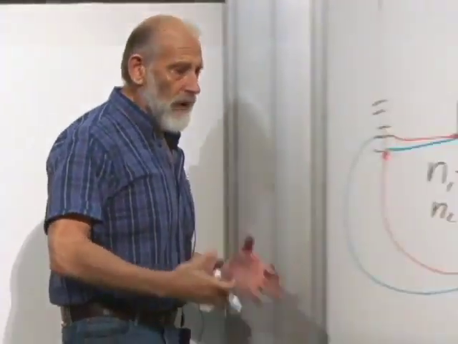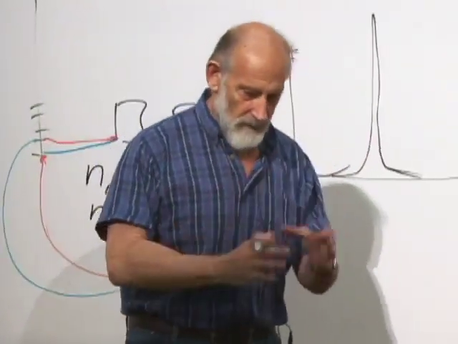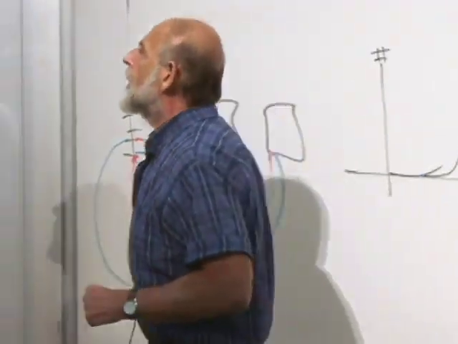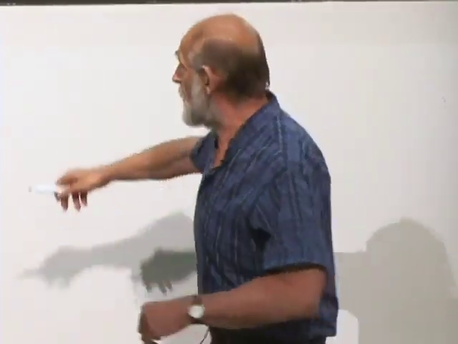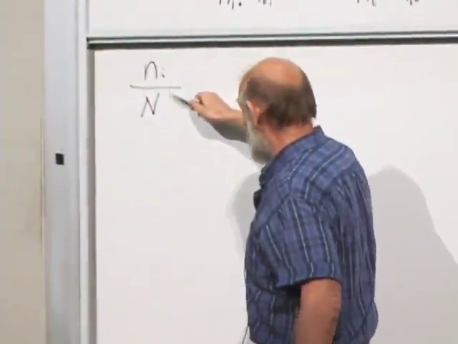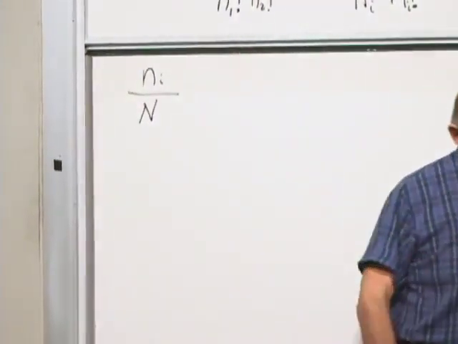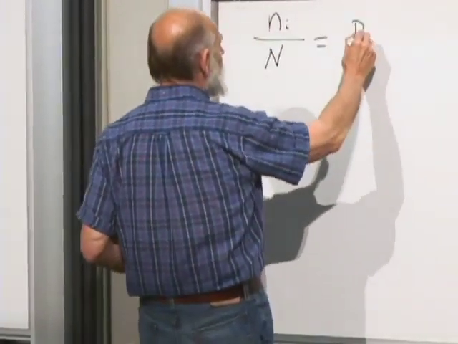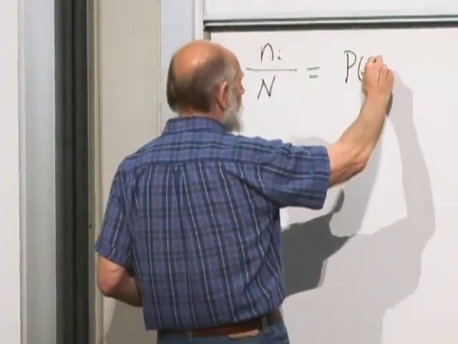That the n's don't fluctuate very much. As numbers get bigger and bigger, they get tighter and tighter. That means that for very, very large systems, these n's get pretty definite, or at least the fractional n's become pretty definite. All right, that suggests that we give them a name, the fractional n's. Let's call it P of I.